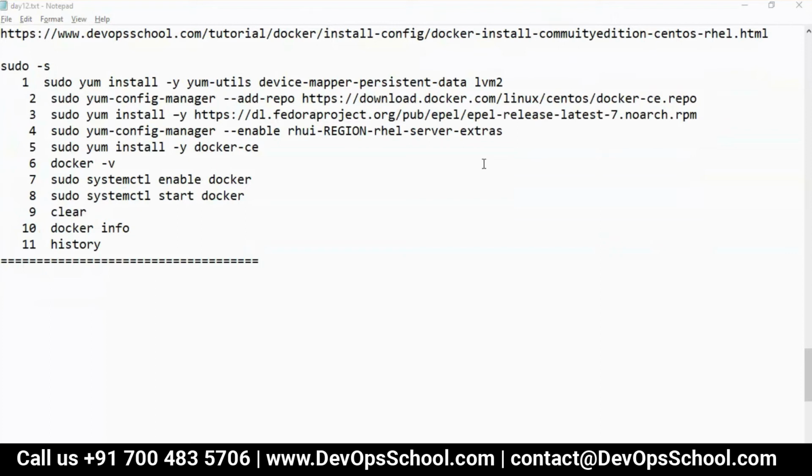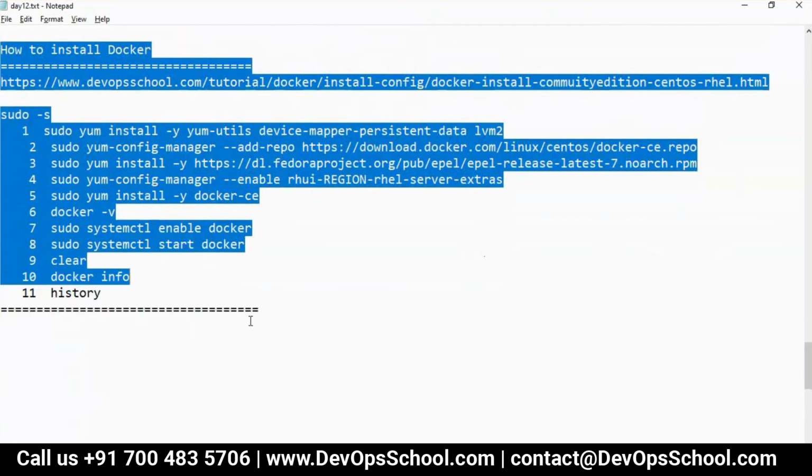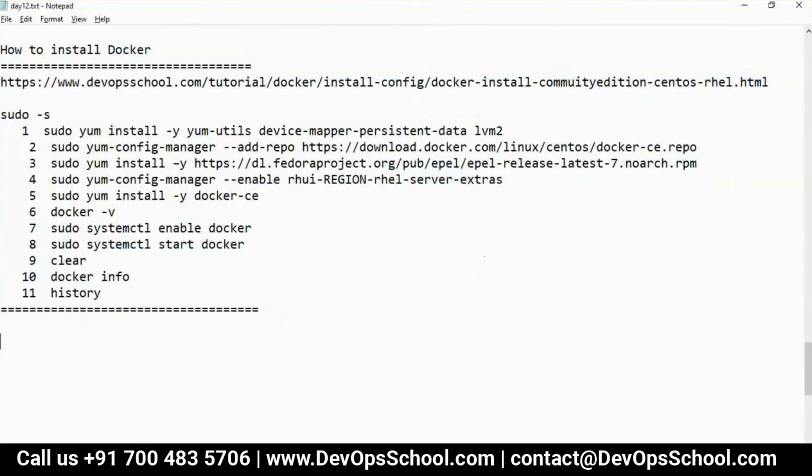Okay. So I got an answer from 1, 2, 3, 4, 5, 6, 7, 8, 9, 10, 11, 12. So you have worked with it. I think there should not be any confusion now. Okay, let me move on to the next question. So this is how we install Docker. Now the next question is